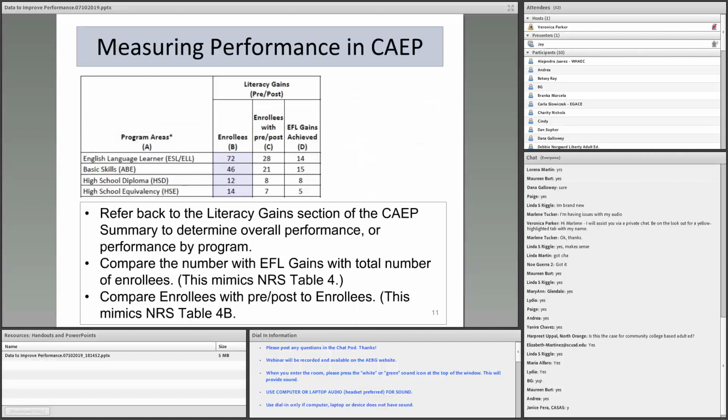Okay, going back to this section, you can also compare D to column B. That would give you your performance. And then you can also basically look at D divided by C. That would be a way to basically mimic table 4B. I don't really have a rule of thumb for performance. When you look at that pattern, there's a lot of variation between ABE and ESL. There's also a lot of variation from instructional level to instructional level. So I've got to say that depends,